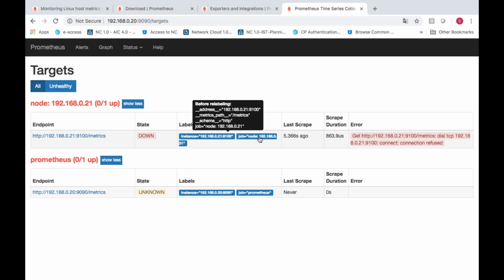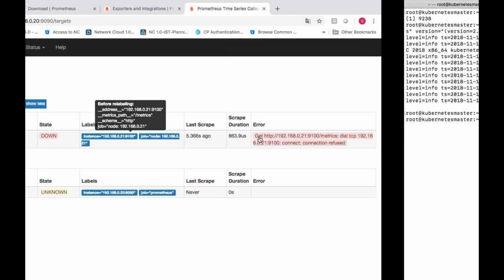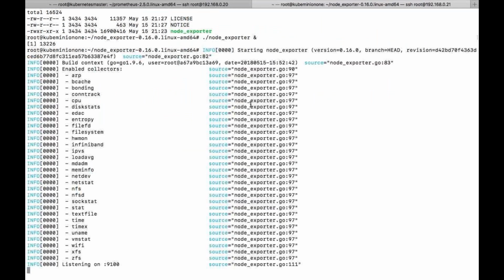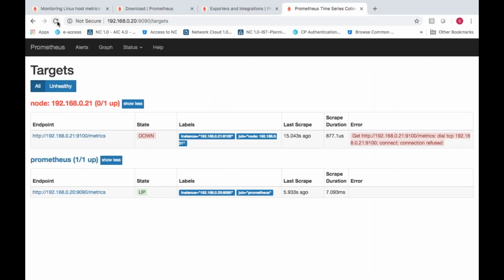The problem is we have not run this particular node exporter. So run node exporter with an ampersand. Now you can see it is up.